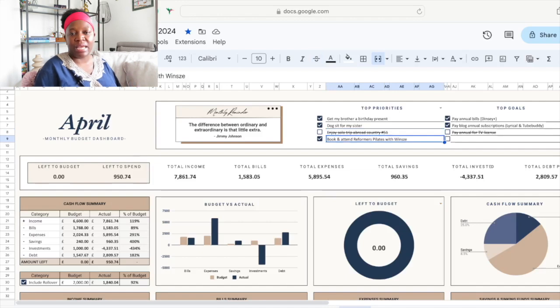I booked and attended my Reformer Pilates with my friend. I paid my annual subscription for Disney. I paid my blog subscriptions as well, annual subscriptions, and then I canceled out the annual license because I'm paying that in the month of May. So in terms of